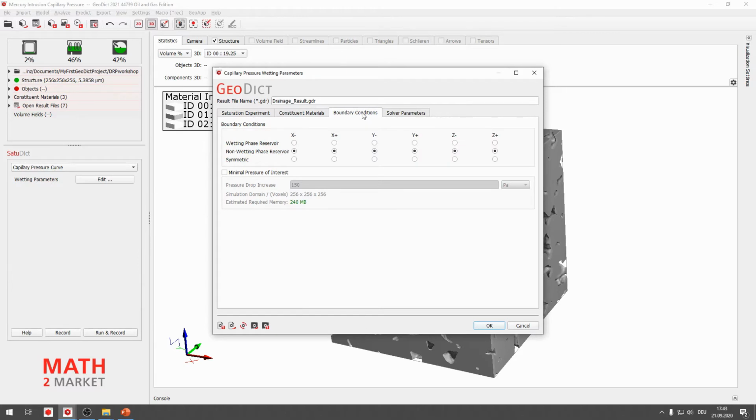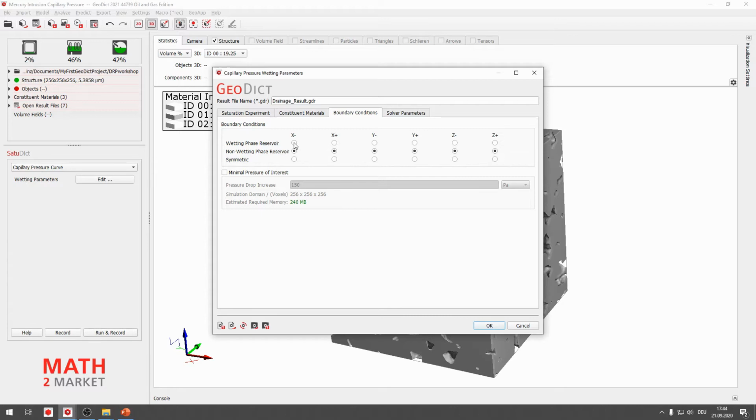So let's have a look at the boundary conditions. If we want to compute a drainage computation, we want to have the non-wetting phase enter our digital rock, but we want to have it enter at one side only. This will typically be one of the Z axis, which is our flow or computation direction.